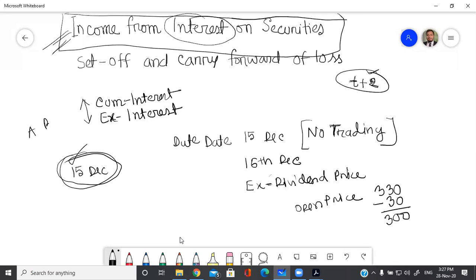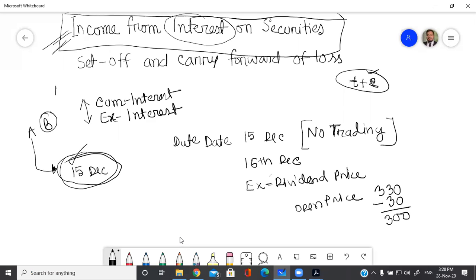Say Mr. A and Mr. B. Mr. A has these interest bearing securities on this due date. In that case, Mr. A is entitled to get the interest income which has been due on this security. If that same security has been bought by Mr. B